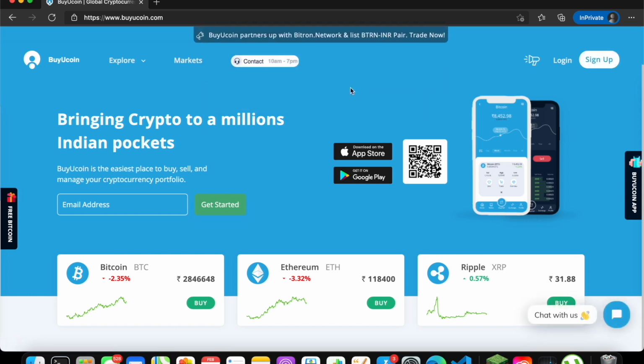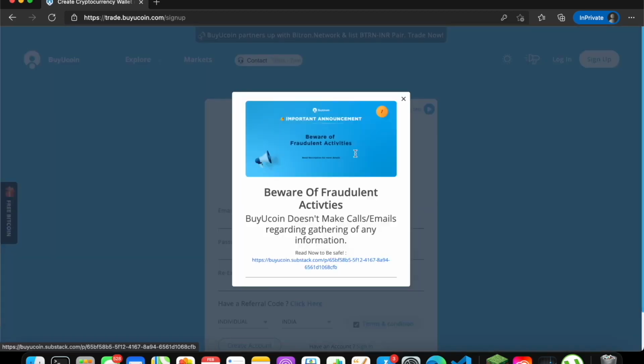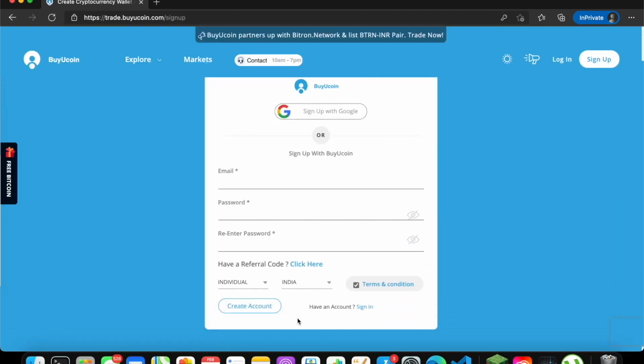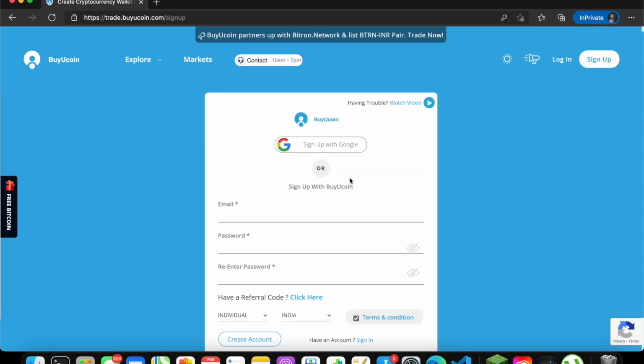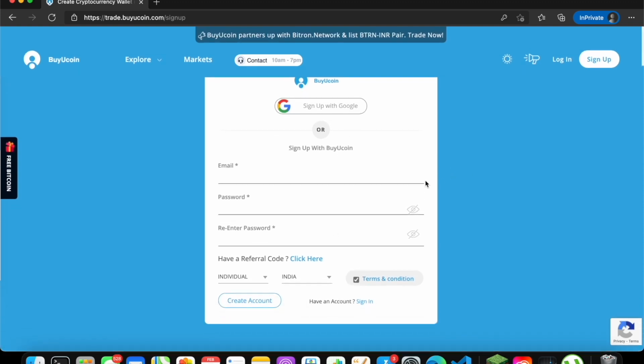This sign up is a very simple process where you have to submit your details and then click create account, or you can use sign up with Google. Once you create your account, you'll get an email where you need to acknowledge. That's a very regular process, nothing special. Once after creating the account, you need to log in.